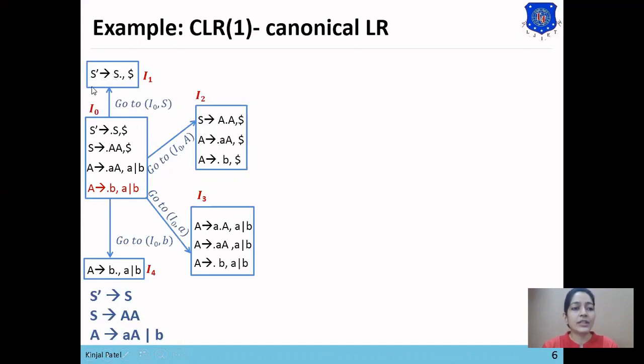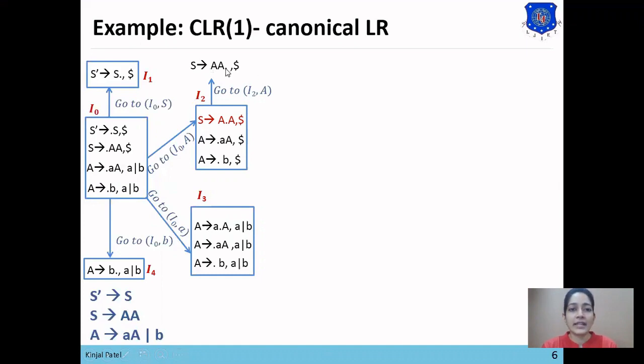Now we'll check for goto in the I1 set. As the dot is at the end of the right hand side, no goto rule will be applied in this set. So we'll check the I2 set and apply goto on the symbol next to the dot. So here we'll apply goto on A. So goto(I2, A) will be S derives A dot comma dollar.